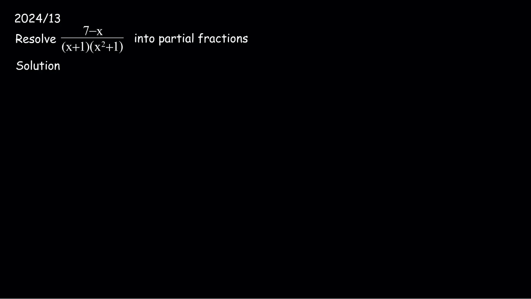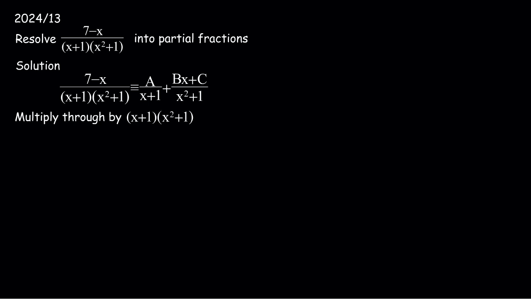We have another question from WAEC that states that resolve (7 minus s) divided by (s plus 1) in bracket (s squared plus 1) into partial fraction. So as usual, we are going to be saying let (7 minus s) divided by (s plus 1) in bracket (s squared plus 1) be equivalent to a divided by (s plus 1) plus (bs plus c) divided by (s squared plus 1). Now next step is to multiply through by (s plus 1) in bracket (s squared plus 1),